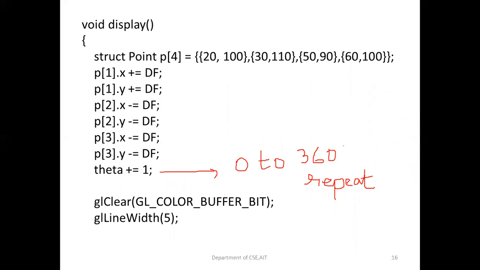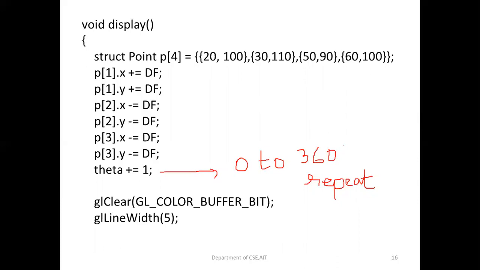Display is the function which is used for drawing. After the main, we'll go for the display only. Here the 4 control points will have a displacement factor. That means we're adding little values so that you're going to get the curve-like